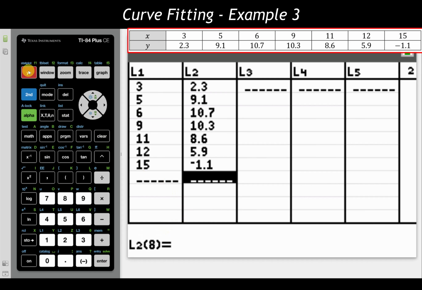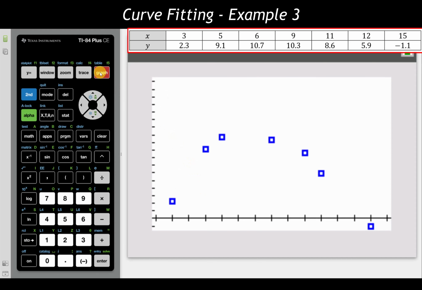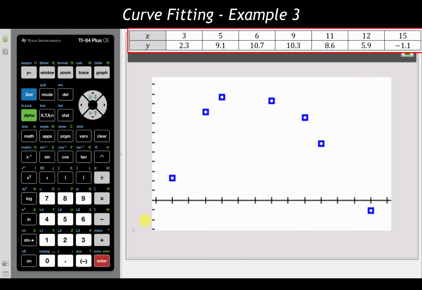I'm going up to y equals, still have my scatter plot enabled. All of these are cleared out still, fantastic. Let's take a look at this graph. And hey, it turns out the window that we used previously actually still works pretty nicely here to show all of our data. If you still want to be thorough and make sure that we have everything listed, we can still go over to Zoom Stat. Let's take a look at that and see if that adjusts things at all. Yeah, not a whole lot, but at least a little bit.